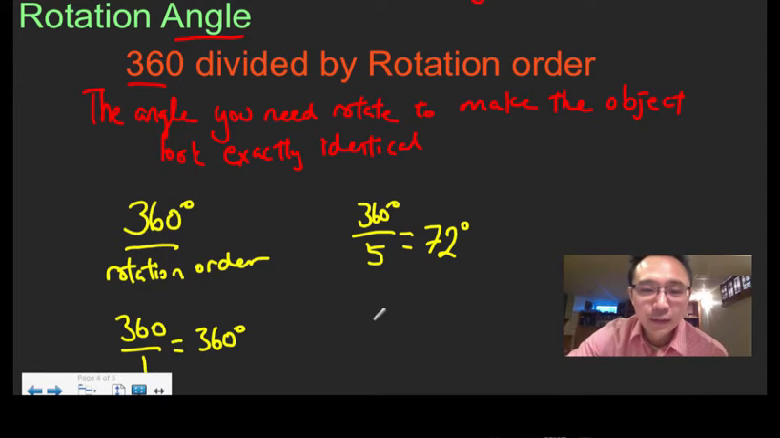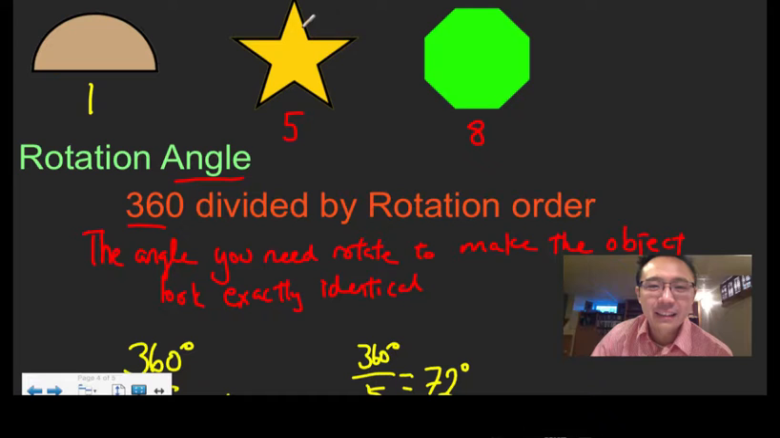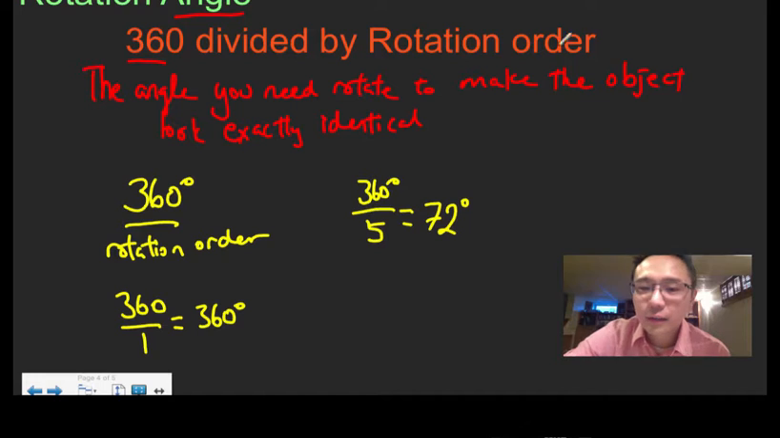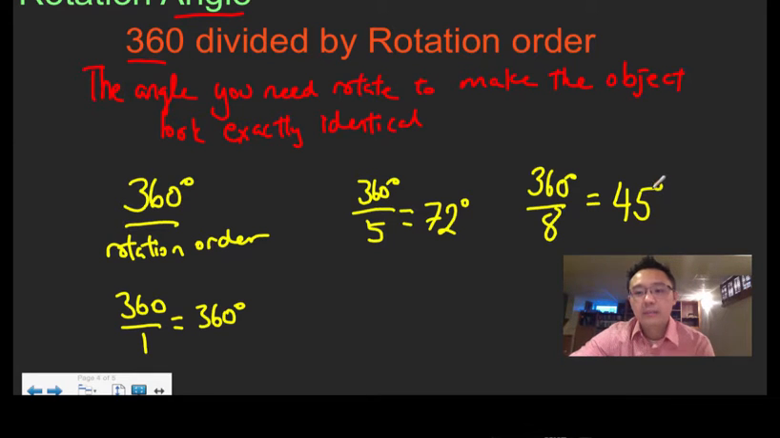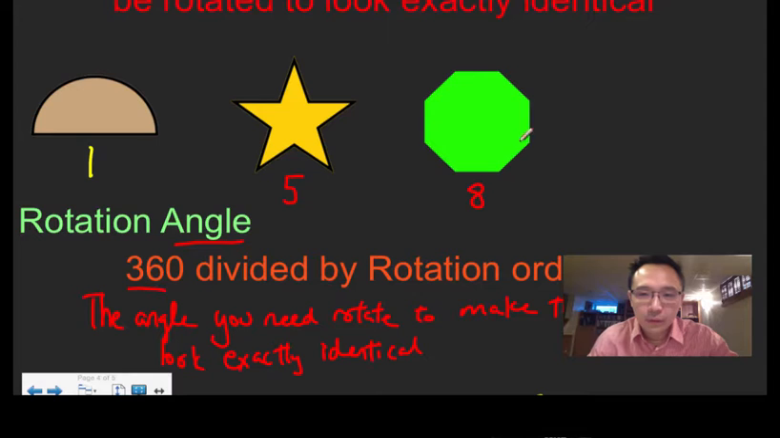Good math. So that means in order to get this star shape to look exactly the same, you have to rotate 72 degrees to get there. And the last one is your octagon, which is 360 degrees divided by 8. If you divide this, you will get an answer of 45 degrees. So in order for this octagon to look exactly the same, you're rotating it 45 degrees, which makes